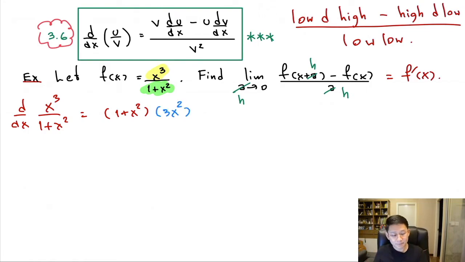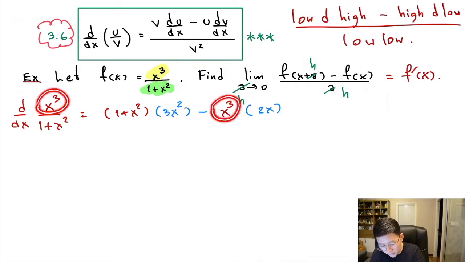Minus high, which is x cubed, d low, which is 2x. Low, which is this guy. D high is the derivative of this, which is 3x squared. Minus high, which is this guy. D low is the derivative of this. The derivative of 1 is 0. The derivative of x squared is 2x. So low d high minus high d low